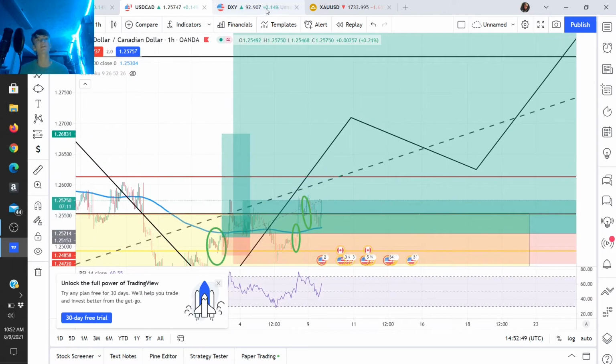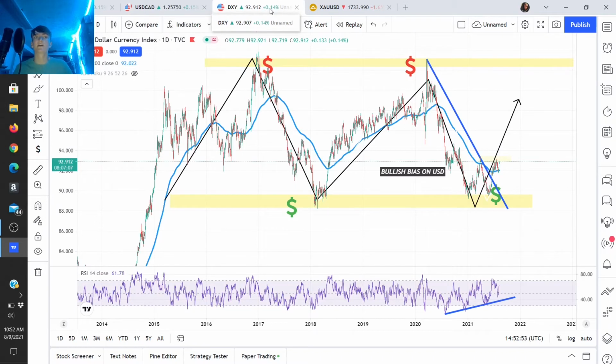I'm gonna show you guys the DXY, which is the US dollar currency index, and these are the support and resistance, supply and demand zones, whatever word you want to use for it, the zones that I have drawn up on my chart for the US dollar. As you can see, we have a key resistance zone up here where price has shown to sell off in the past. The red dollar signs are there to show sellers liquidity, meaning that this is pretty much where all